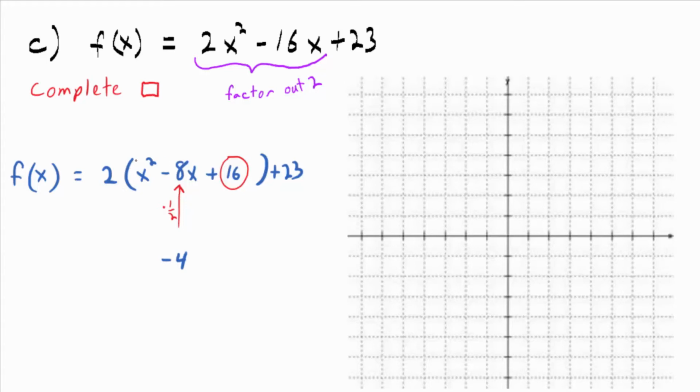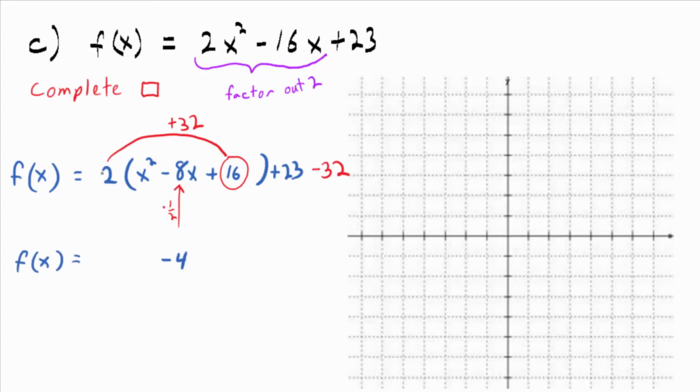Yeah, because it's really multiplied by 2. This whole thing is multiplied by 2. You really added 32. So what do you have to subtract right back off again? On the outside, you have to subtract off 32. Okay? All right, so